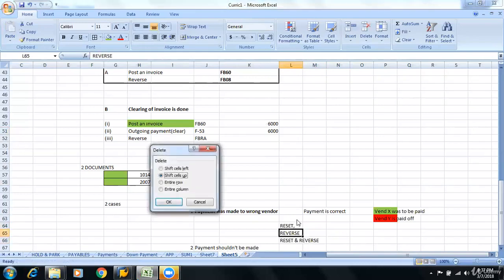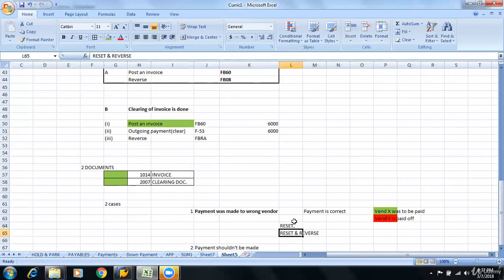Let me remove this. There is no question of reverse. Reverse has already been dealt with in FB08. So there are two things. Reset means converting cleared to open. In simple words, turning green to red, clear to open. Reset and reverse is